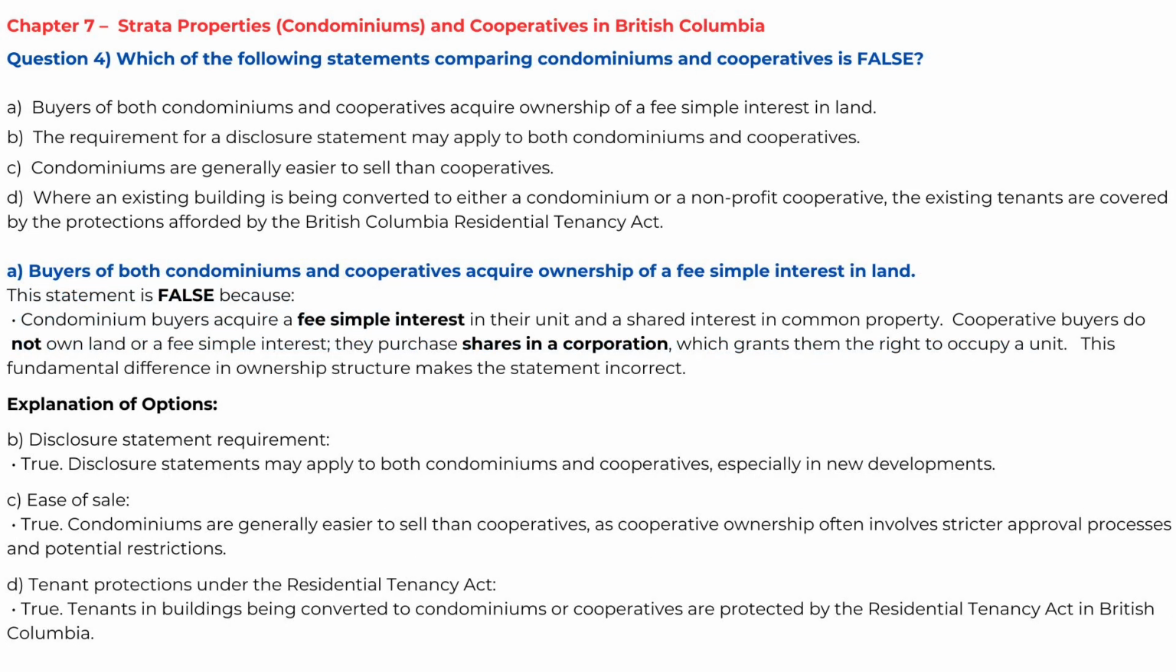Question 4. Which of the following statements comparing condominiums and cooperatives is false? A. Buyers of both condominiums and cooperatives acquire ownership of a fee simple interest in land. This statement is false because. Explanation. Condominium buyers acquire a fee simple interest in their unit and a shared interest in common property. Cooperative buyers do not own land or a fee simple interest. They purchase shares in a corporation, which grants them the right to occupy a unit. This fundamental difference in ownership structure makes the statement